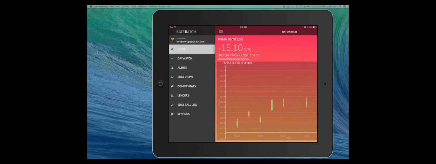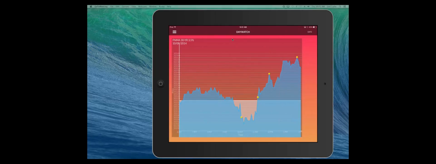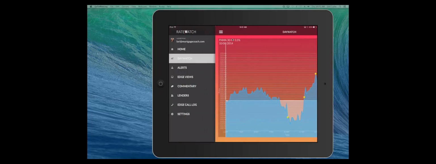You have your home, your day watch, so this is how today's movements are. You have your alerts, so you'll be able to see how we had a pricing alert today already. Edge views, if you're doing reports, you're going to get your email alerts in here as well. These are the commentary areas that I discussed, so you'll be able to see the written formats from Bill and Neil as well as Dan's, and be able to click on that video with the link below,